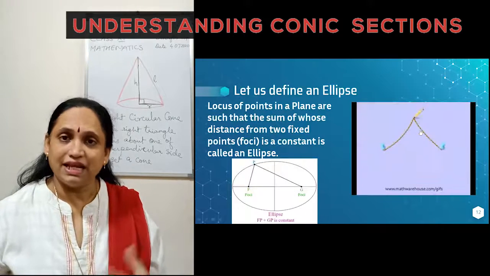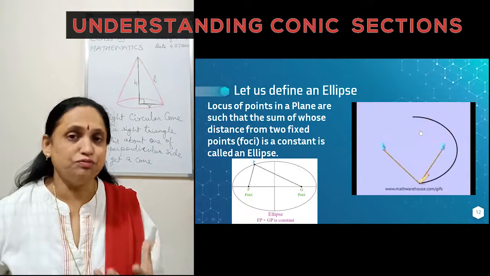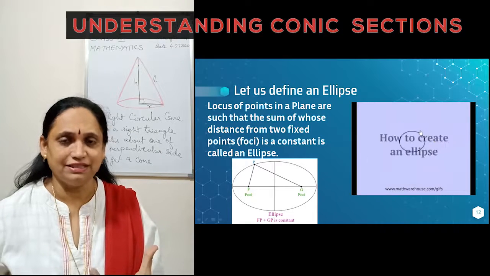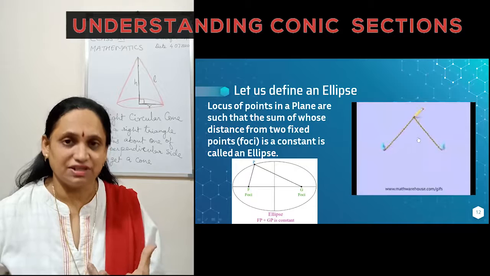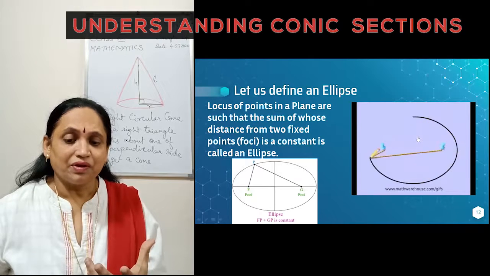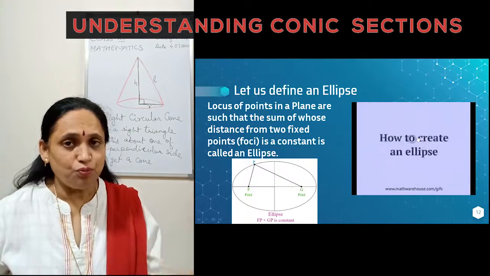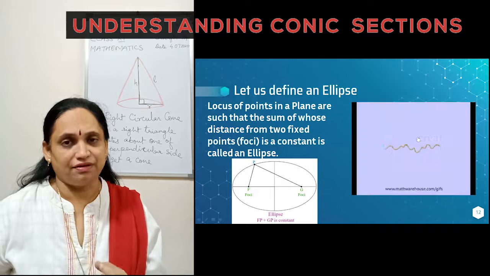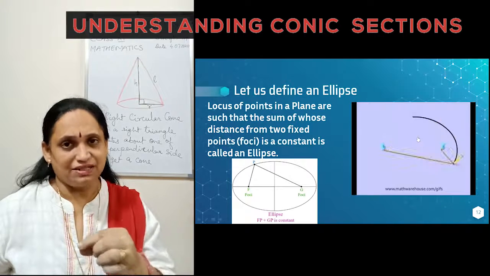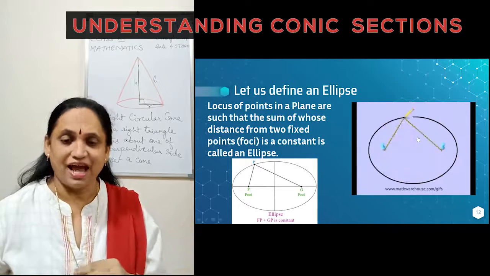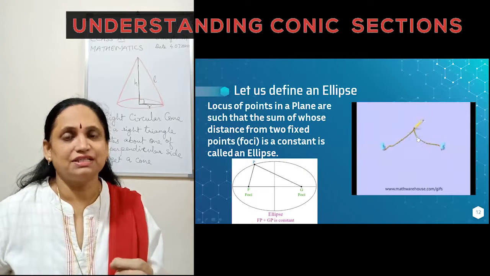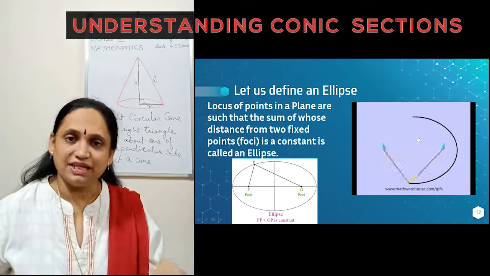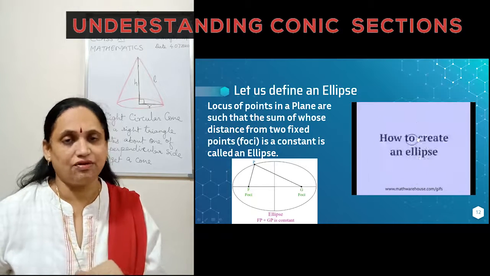Now, this is an ellipse. How is it formed? You must have learned it in your lower classes when you had done the solar system in science. When you fix 2 points and use a thread and a pencil to draw a figure, as you see in the video, the shape that you get is called an ellipse. It is an elongated circle and it is called an ellipse.